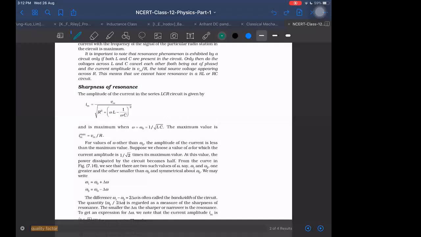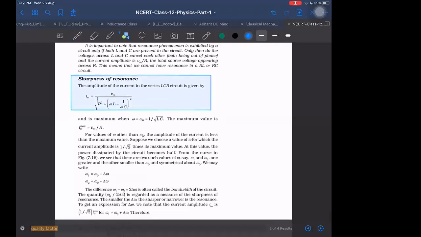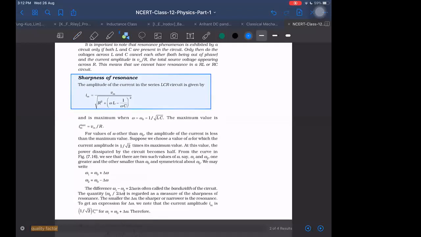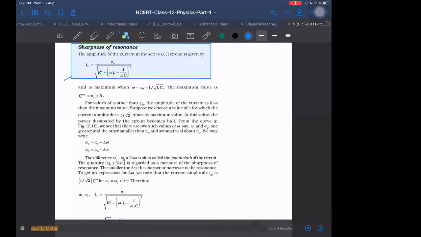Okay, see here in NCERT also there is something given about it. Let us see in NCERT what they have given. In 12th class NCERT, especially if it is given in NCERT, those things are very important for us and we should remember this. Amplitude, we know this first part: amplitude is equal to maximum voltage upon the square root of R square plus the reactance squared. This we know already. Then omega naught is this, that also you know.